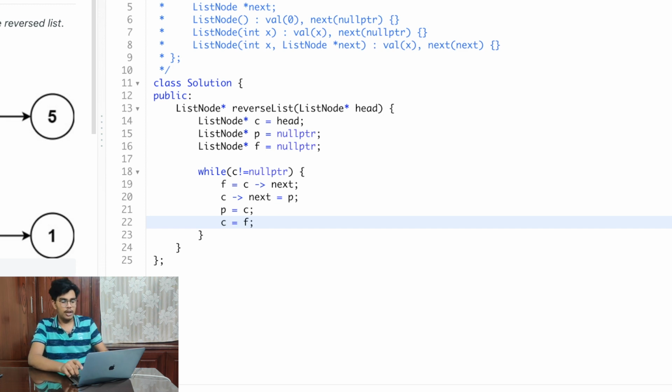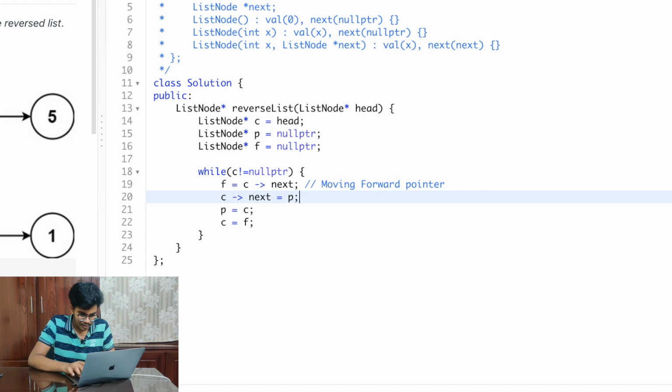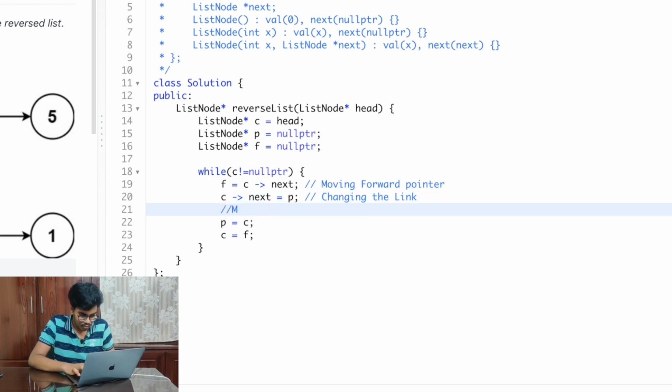So this is moving forward pointer, and then this is basically changing the link, and both these things are moving the P and C pointers.